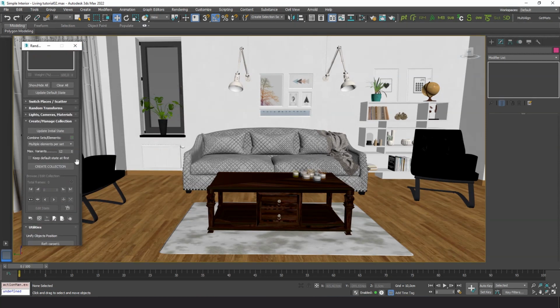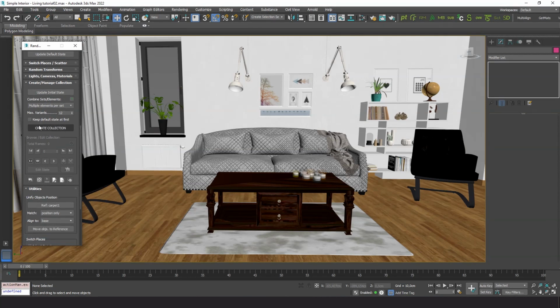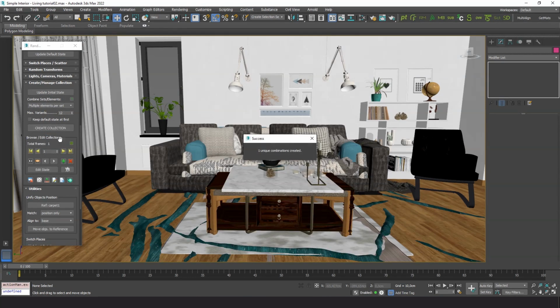It's all set to create the collection. If you see all the elements together at the same time, like in this case, it's because we forgot to tell the plugin how to combine the sets of elements. We want to display only one element from each set at a time. Now it's all done.